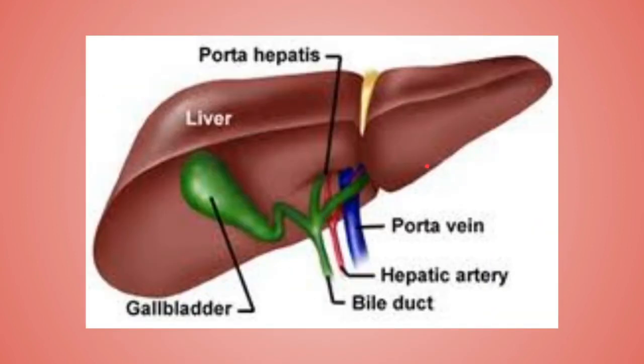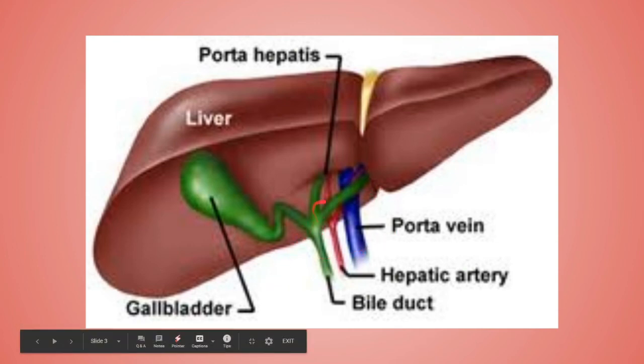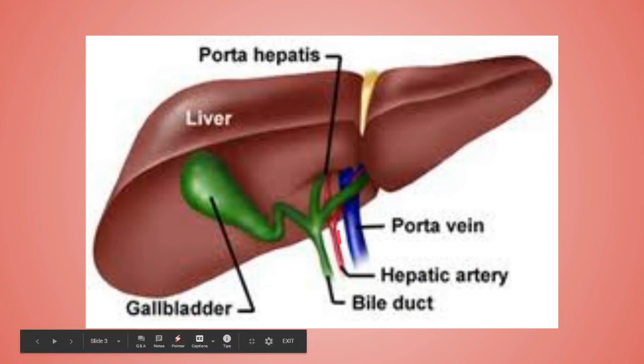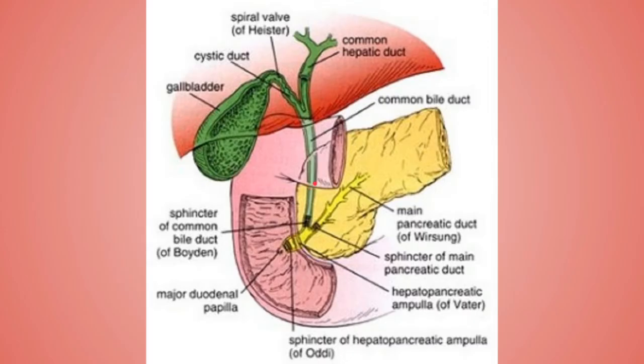From the backward to the forward, if we come from the backward to the forward, there is a VAB structure. Of course in the posterior part there will be the portal vein, and on the left part of this there will be the hepatic artery. So remember, in the posterior part there will be the portal vein, and on the left part the hepatic artery. Now in the retroduodenal part, anteriorly it is in contact with the first part of the duodenum, and posteriorly of course there will be the inferior vena cava.